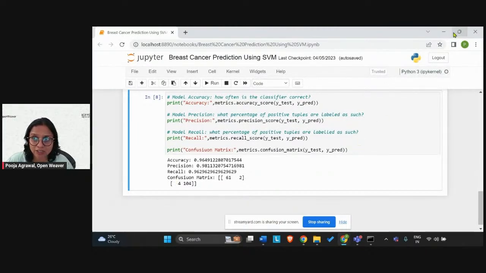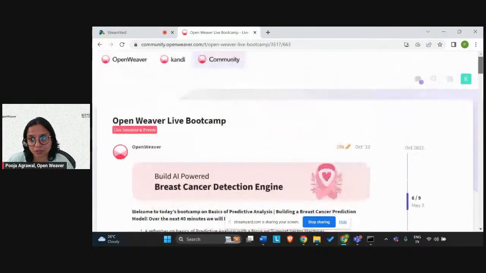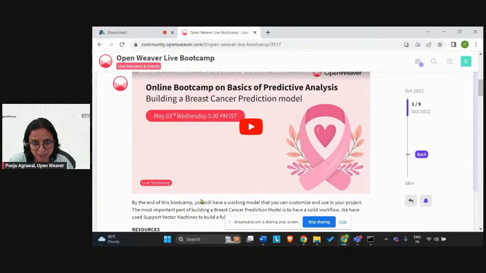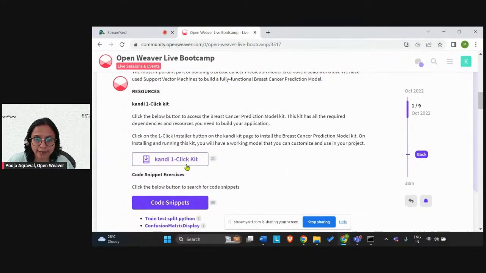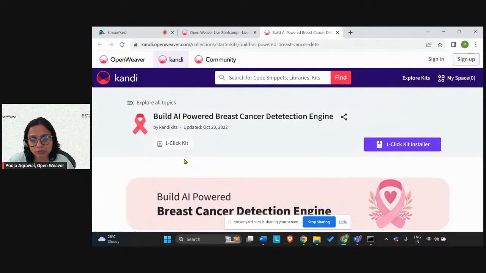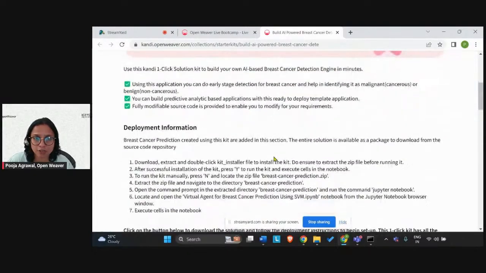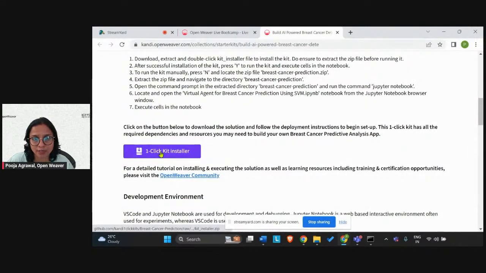Let's understand how you can set up this kit onto your systems. I hope you are already on this community page where you are currently viewing this session. In the resources section, you have to go ahead and click on the Kandi one-click kit. This will take you to the kit page. On the kit page, you will see that there are deployment instructions listed. And as you go ahead and click on the one-click installer,